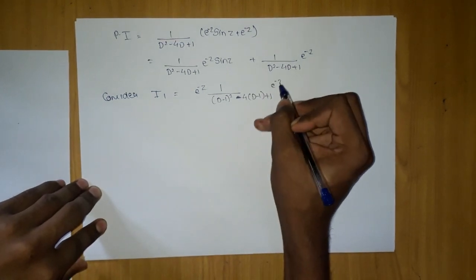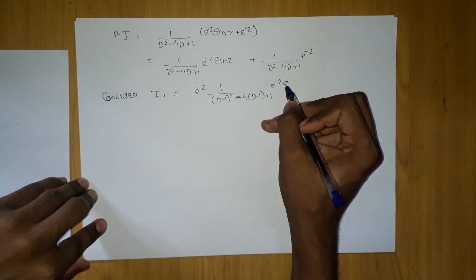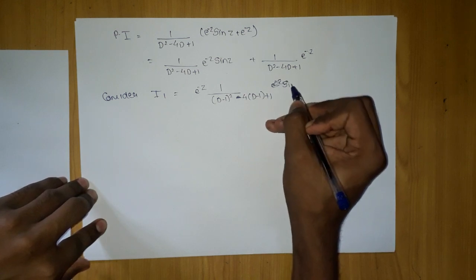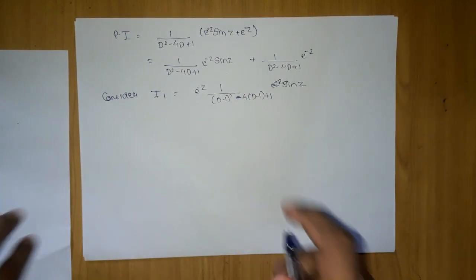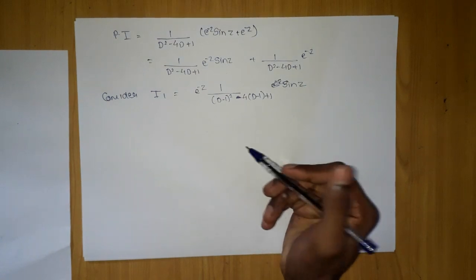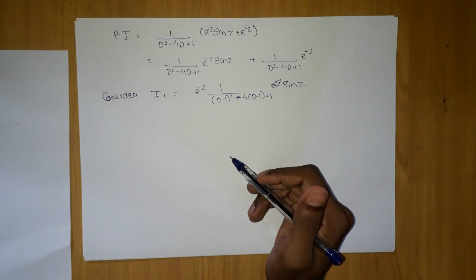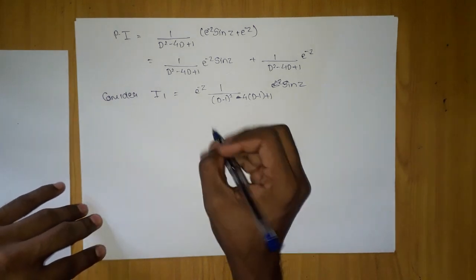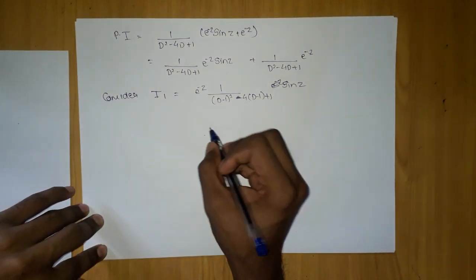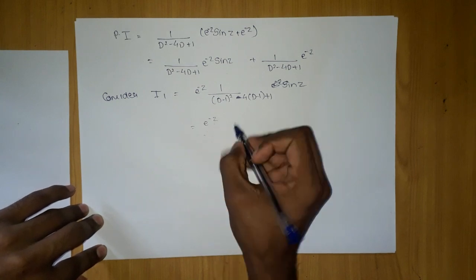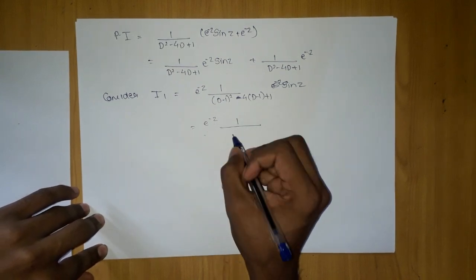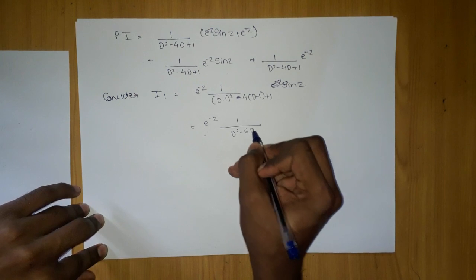Plus 1 e to the power minus z into sin z. So this was of the type e to the power ax into v. What we are going to do is simplify this, and when we simplify, we are left with e to the power minus z, 1 upon D square minus 6D plus 6